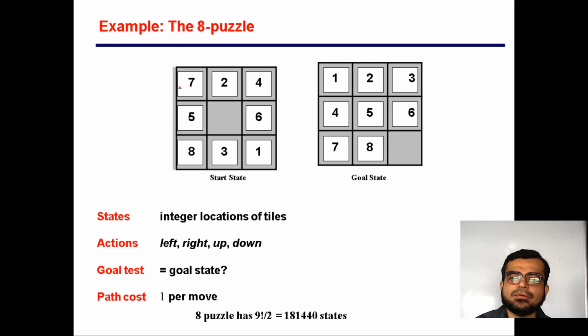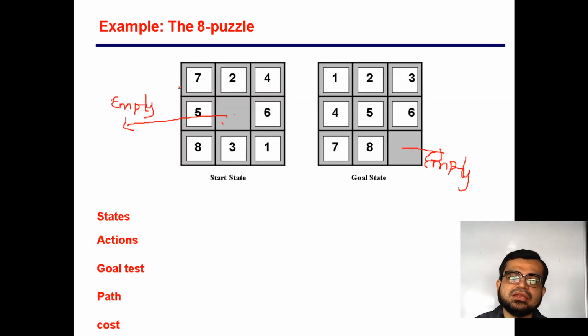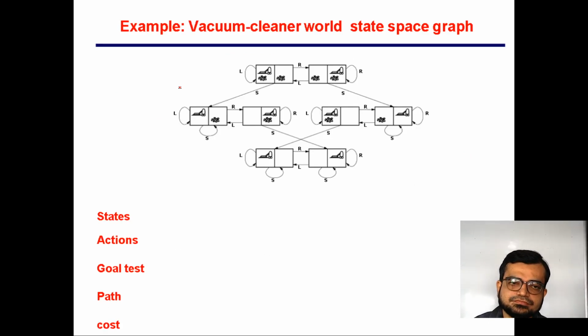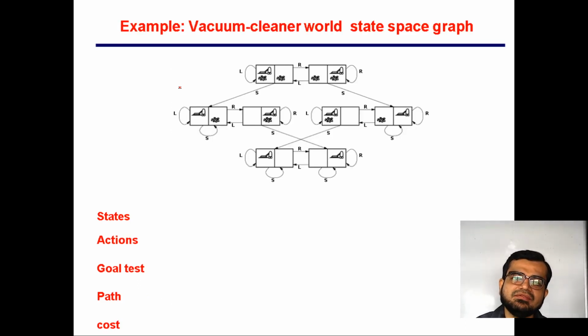So this is just a problem. I am not showing you right now how we convert the start state into the goal state, because that is the solution. This is just how you can design a problem, how you can formulate a problem. In this example I have explained how we have defined the problem. In this way we are defining the problem. After the completion of this part, we'll see how you can solve a problem.